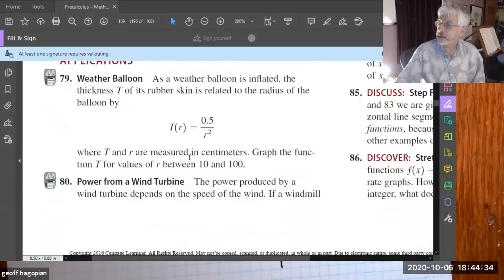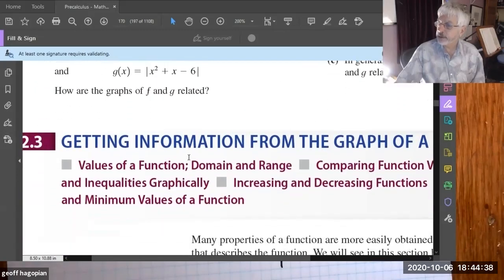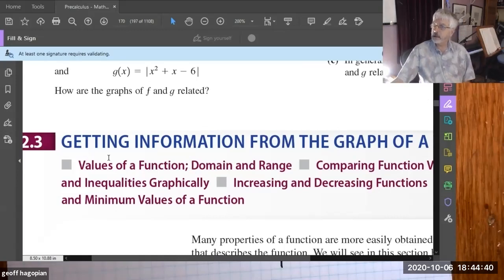Okay, getting information from the graph is 2.3. So what are the topics here? Values of a function, domain and range,